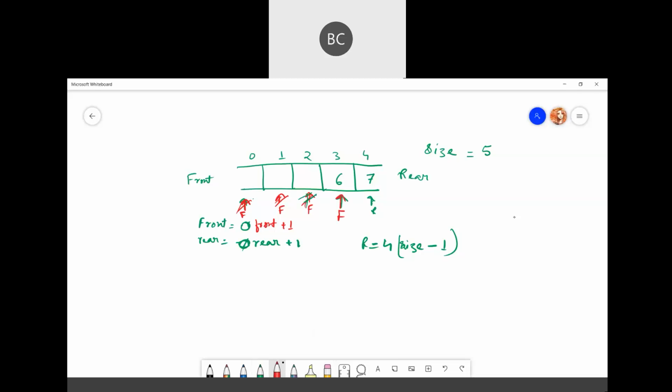So now, if you want to add something, will it allow? That's my question. Will your queue allow you to add an item here and enqueue an item? Yes, no?